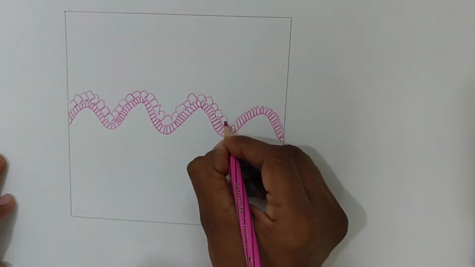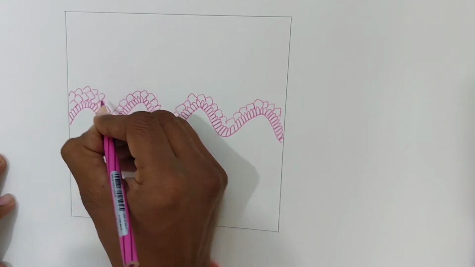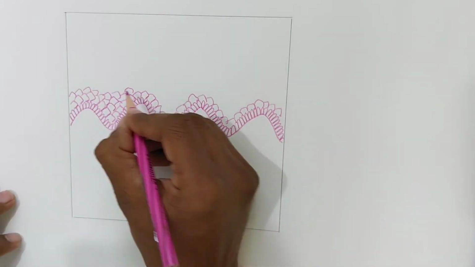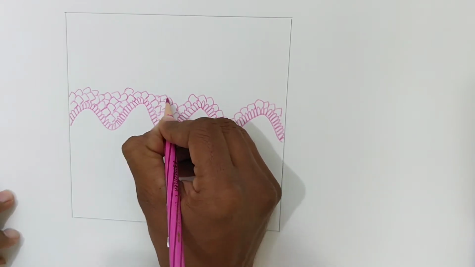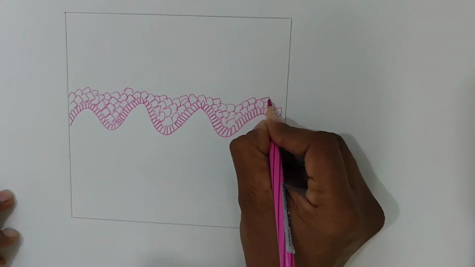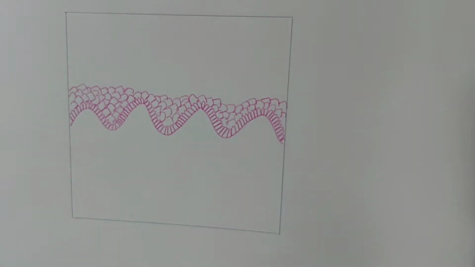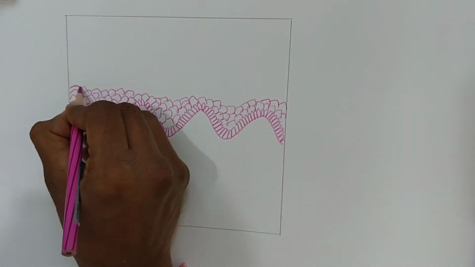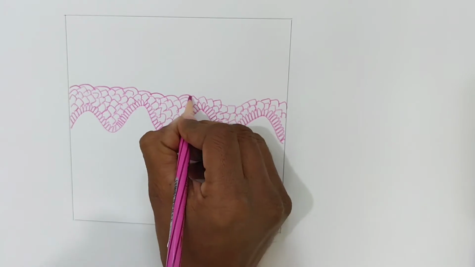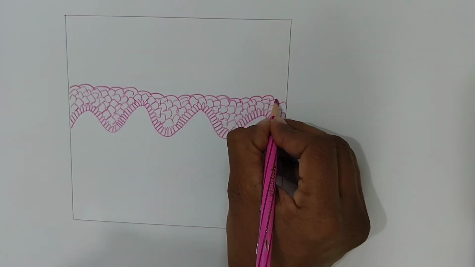Then another is the stratum spinosum layer. It is also called the prickle cell layer. You are now able to visualize it is made up of polyhedral cells. Okay, these polyhedral cells are joined by means of desmosomes. Then another one is the stratum granulosum, which is made up of 3 to 4 layers of flat cells.